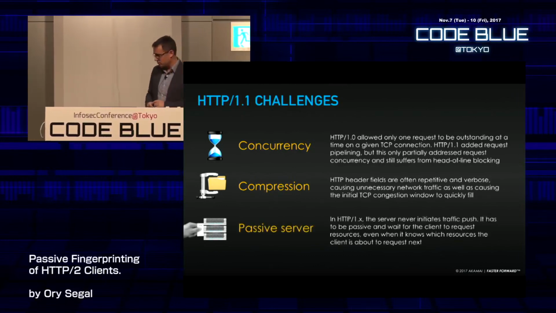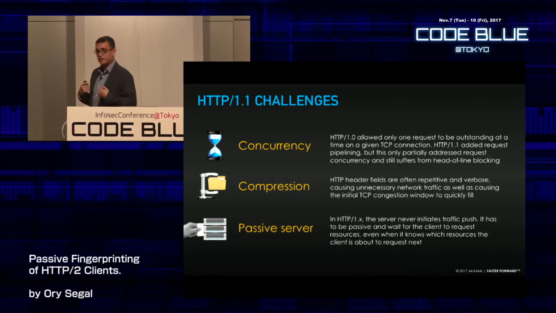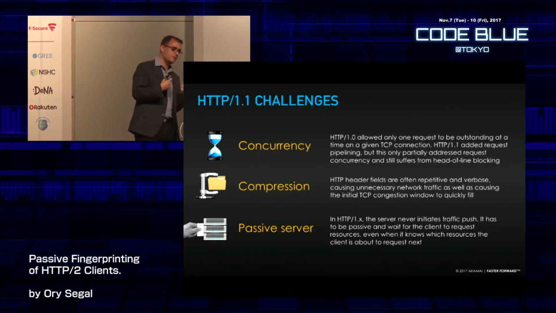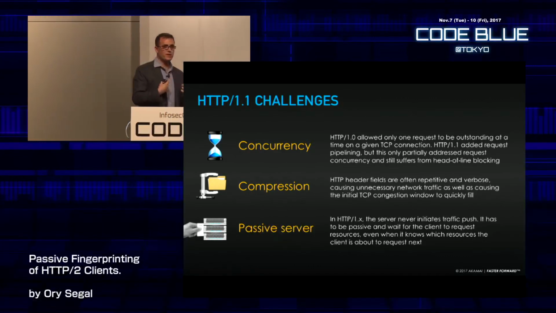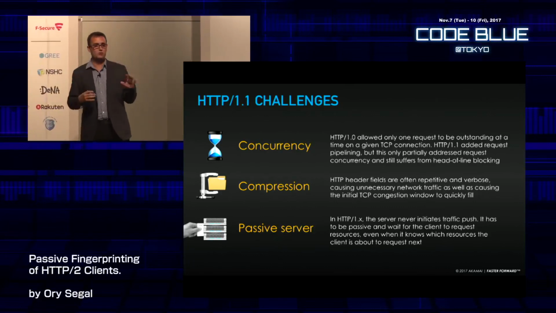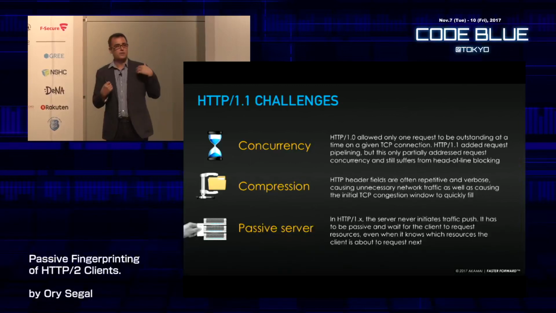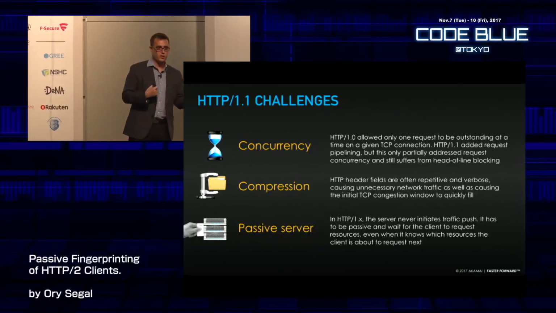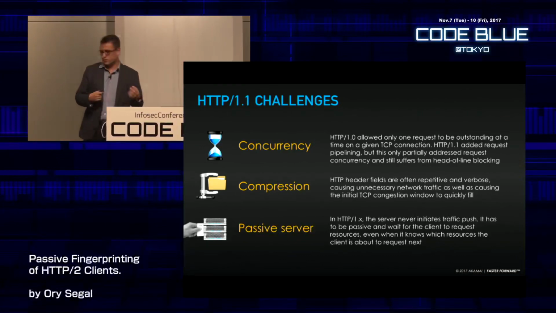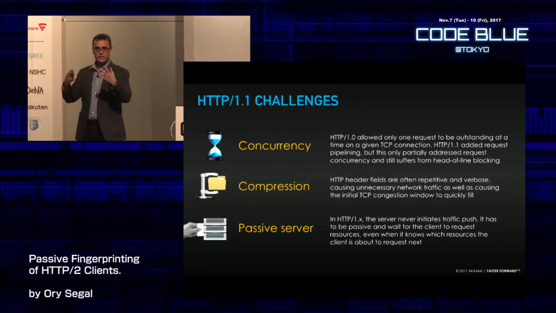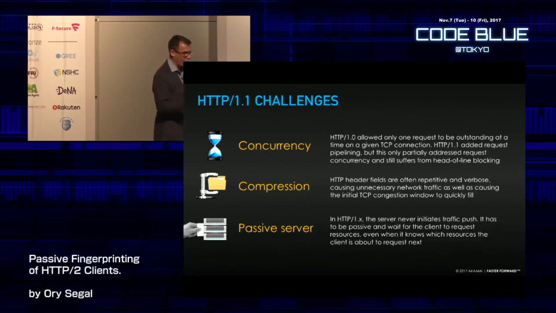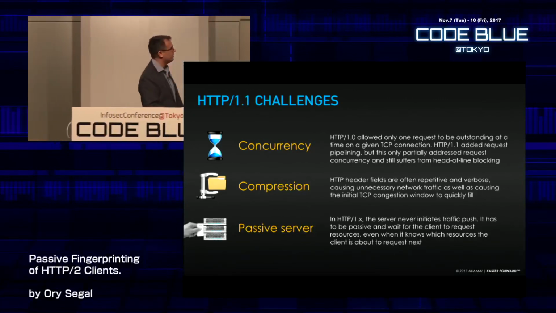The last part was that the server is passive. I am a client, I come to the server, I ask for a page or a resource, I get the resource back. I ask for another resource, I get the resource back. The server is never allowed to send me data or resources, even if it knows that I'm about to ask for them. For example, if you're going to index.html in the root directory, and that page is known to be loading CSS files, JavaScript files, and so forth, why not send them over already in a proactive way rather than wait for the client to ask for them? So the server was passive in HTTP/1.